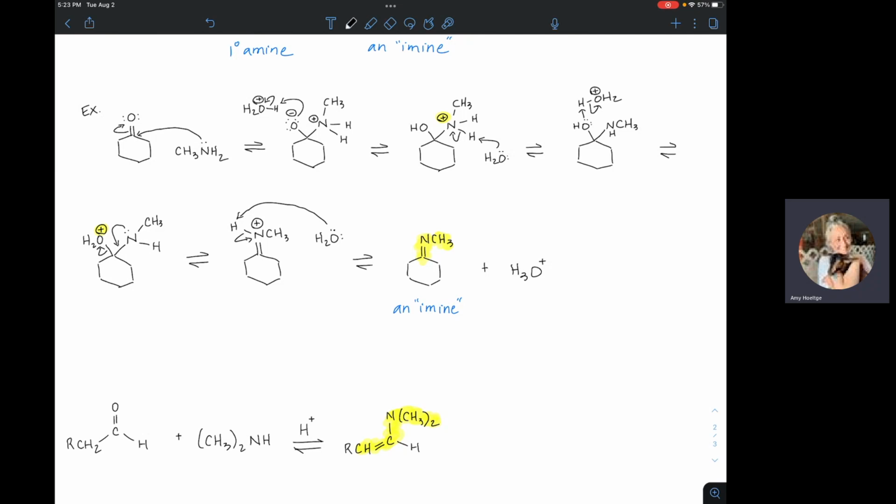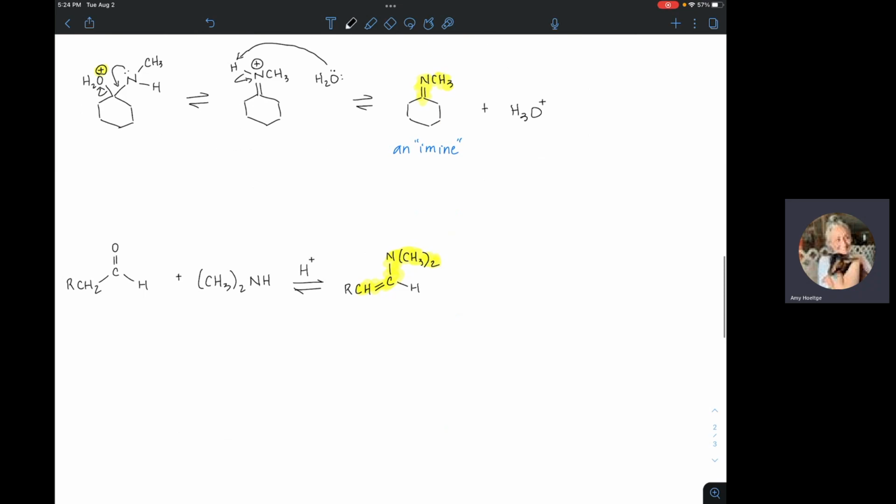Water is not coming by and taking a methyl group off that nitrogen. What it can do is take a hydrogen off of an adjacent carbon. So we get something different. We get something called an enamine,